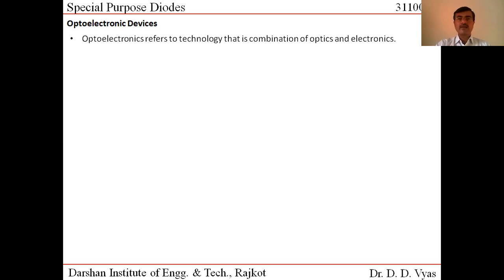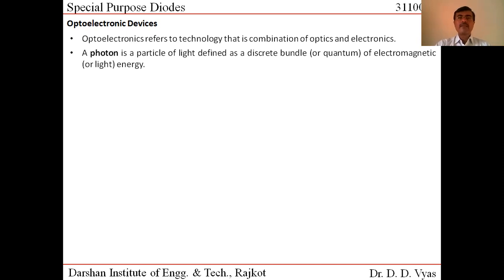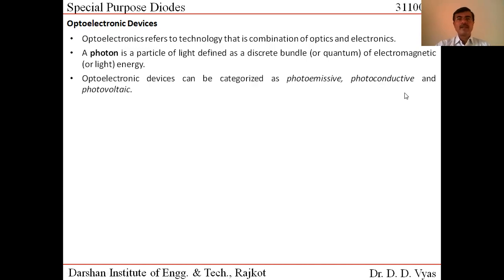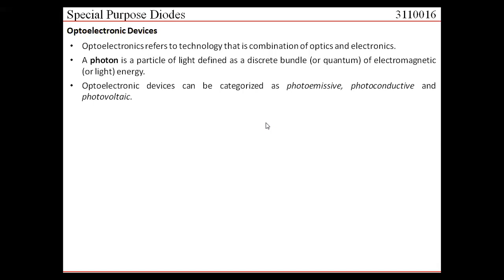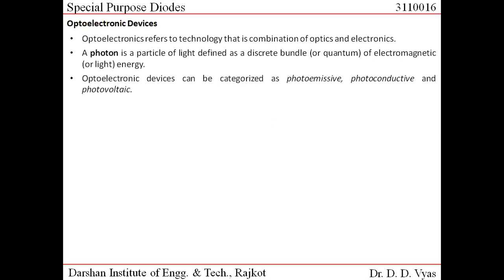In context to optoelectronics, we many a time come across a word which we call photons. What are photons? Photons are basically particles of light that represent the discrete bundle of energy present in light, or we understand that light is basically a form of electromagnetic signal. So it basically represents the bundle of electromagnetic energy. In context to this, if we try to categorize different types of optoelectronic devices, then they can be categorized as